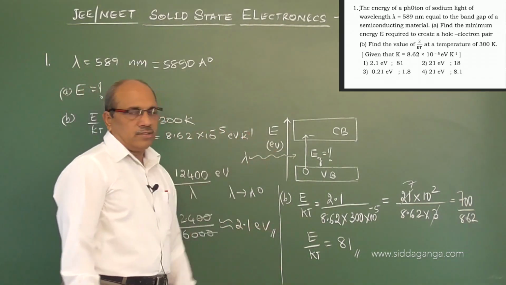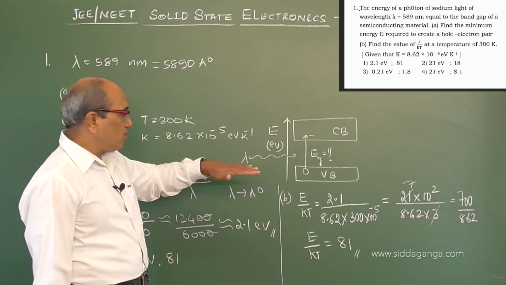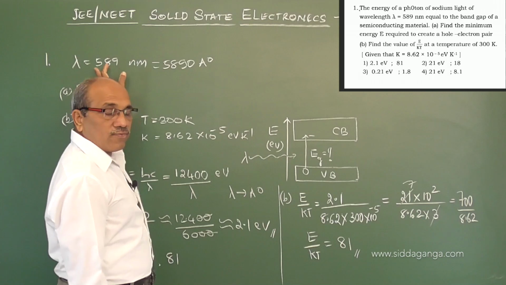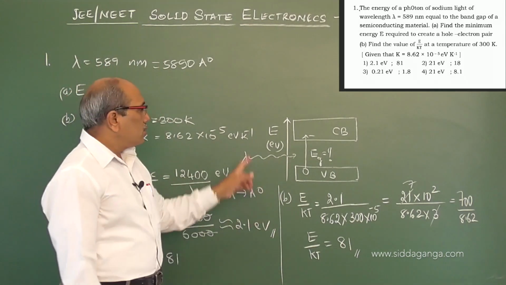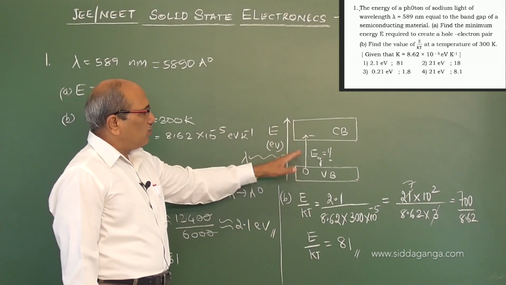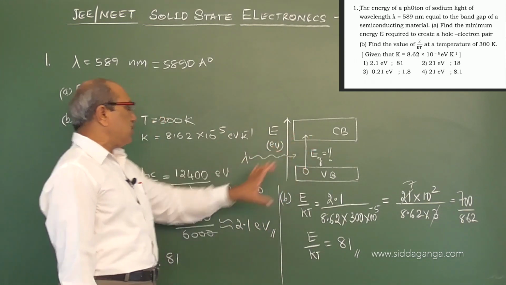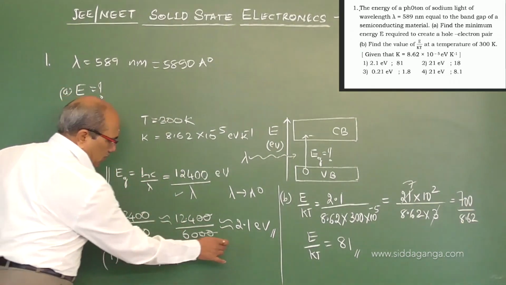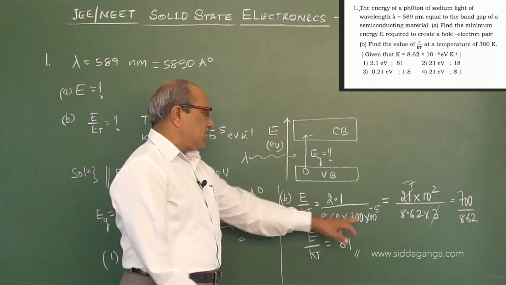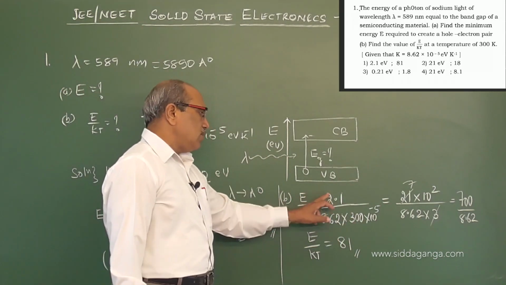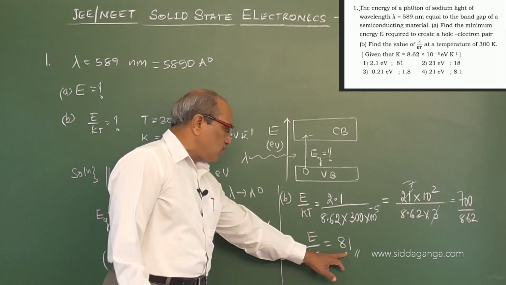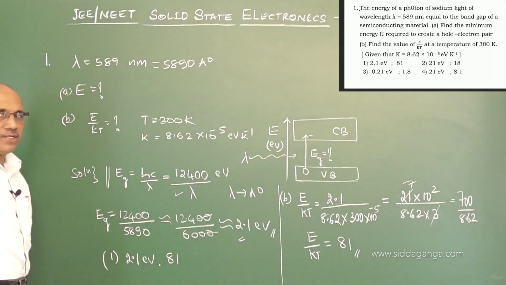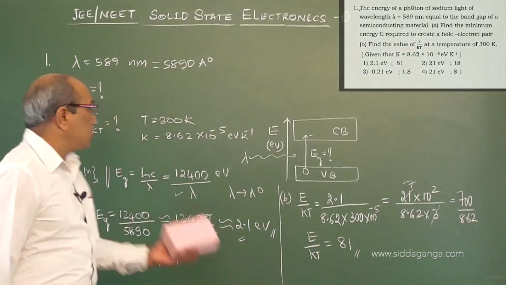When energy is given in terms of radiation having photons of wavelength 5890 angstrom or 589 nanometer, the energy is enough to free an electron, that means to break the covalent bond. This energy gap equivalent, directly we can use this relation to find, by which we got 2.1 electron volt. They gave the value of k in terms of eV, therefore eV gets cancelled and Kelvin also gets cancelled. It is only a pure number, no unit: 81 with no unit and 2.1 eV with unit. Option number 1. Coming to question number 2.